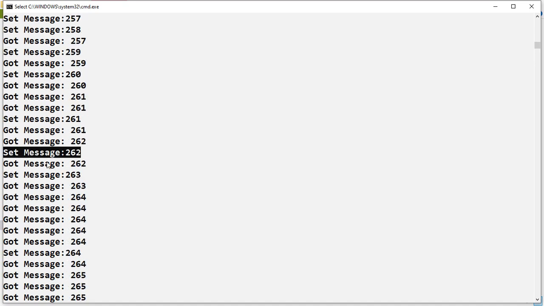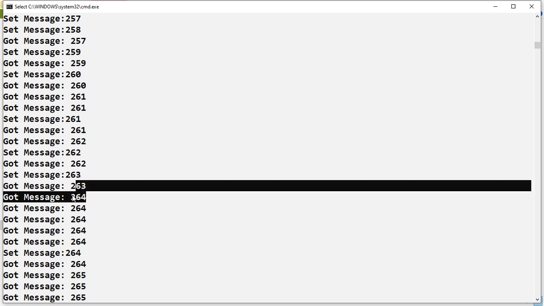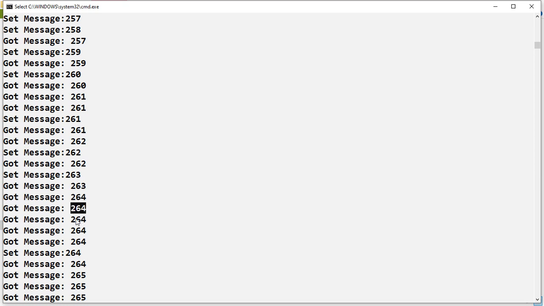The consumer threads are getting the value before the producer sets it, in case of printing. For example, here you get set the message 263, got message 263, 264, got message 264, got message 264, got message 264. See, like this, multiple printings are happening.